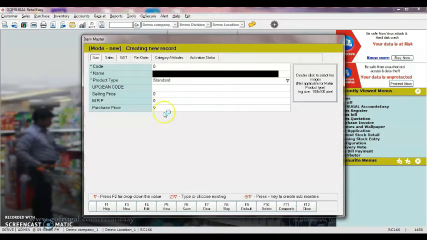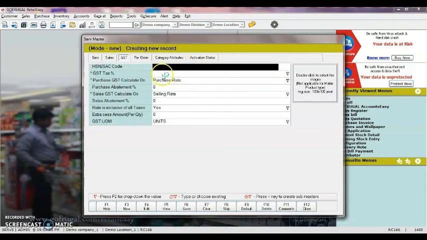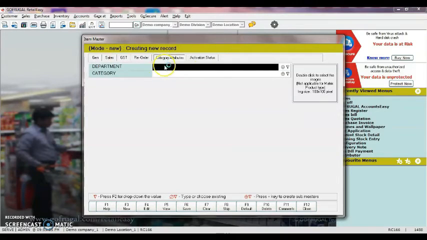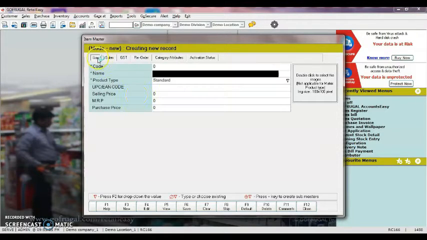So this is the manual method of creating the items. Here we'll have to fill all the details like item name, HSN code, GST tax percentage and categories. The main advantage of category is that at the end of the month you can check the category by sales and stock reports. Once after filling all these details, we'll have to click on save to create the item, or either you can use the shortcut key F6.